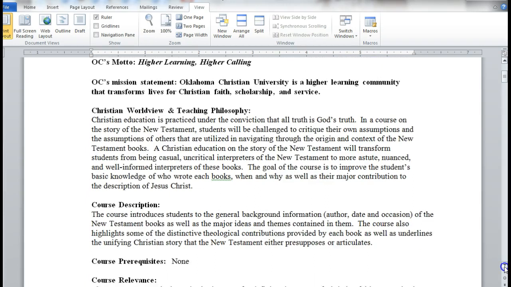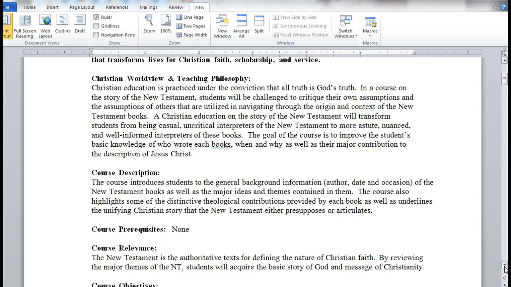You also see a course description. So basically what this course does, it's going to introduce you to the general background, which is the author, date, and the occasion of the New Testament books. So you'll be introduced to all the New Testament books, as well as some major ideas and themes contained in them. And what I typically do for my courses is I focus in on what each book has